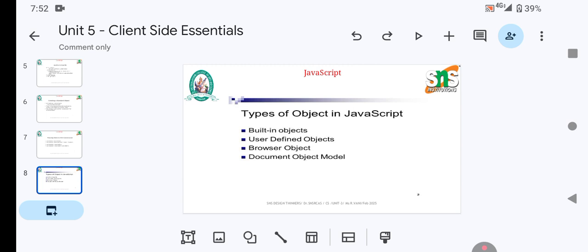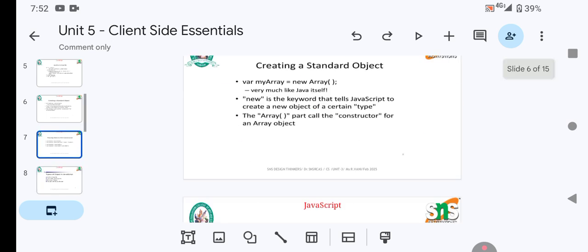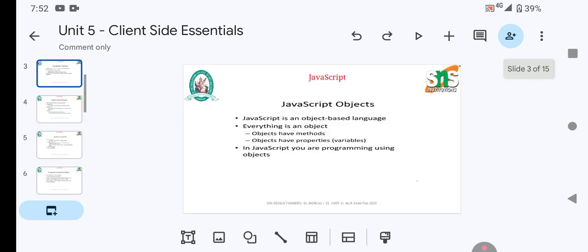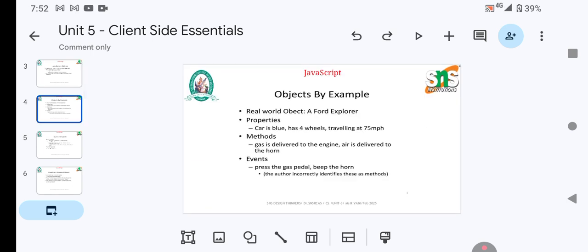built-in objects, user-defined objects, browser objects, and the document object model. The built-in object: we define everything as an object. An object has its own methods, and an object has its own properties. We use programming for objects. For example, we take a real-world entity and compare the object with its properties, methods